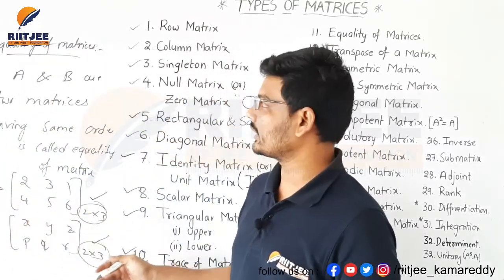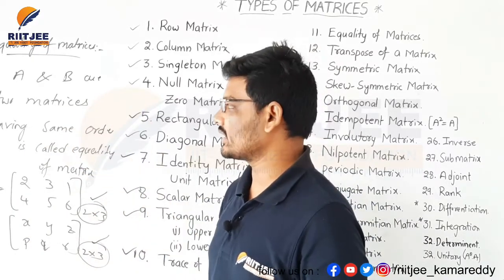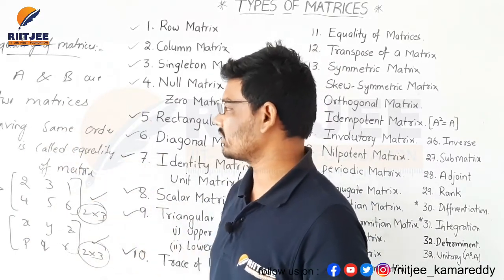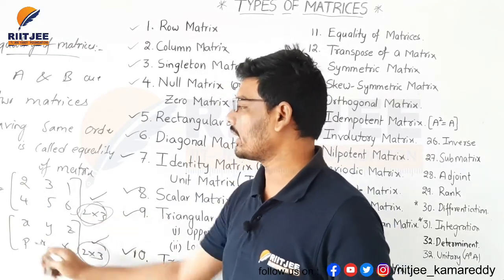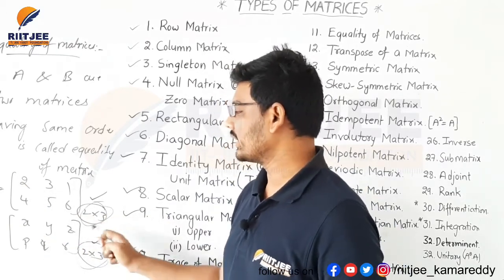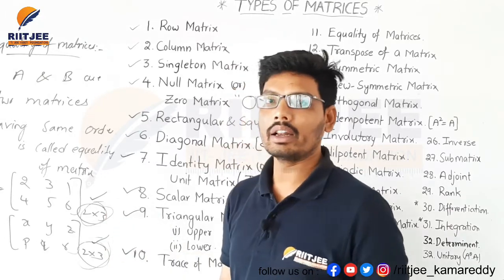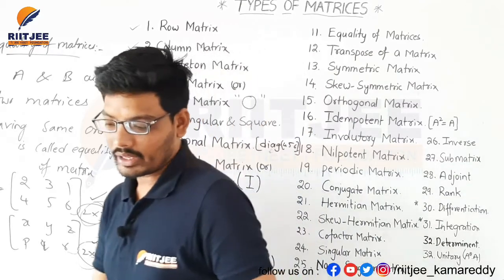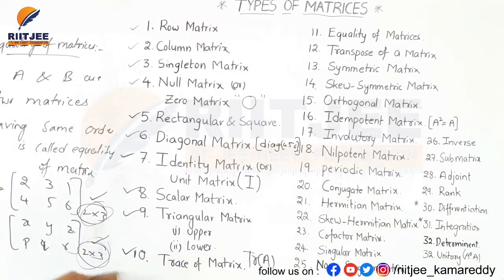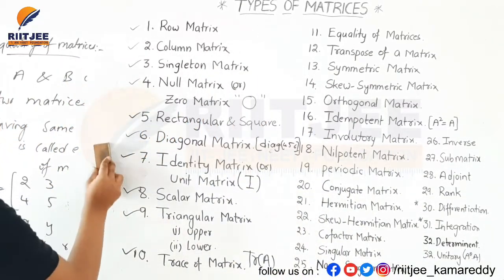Equality of matrices is nothing but: let A, B be two matrices having the same order. Here A is one matrix of order 2 by 3 and B is one more matrix of order 2 by 3. Both have the same order, so these two matrices are said to be equal matrices. And the next type of matrix is